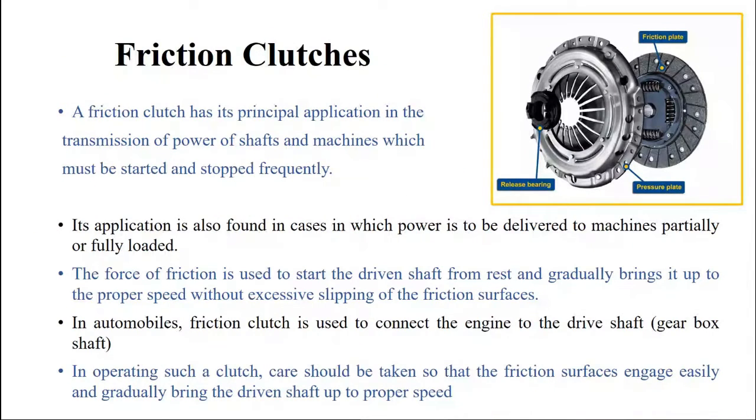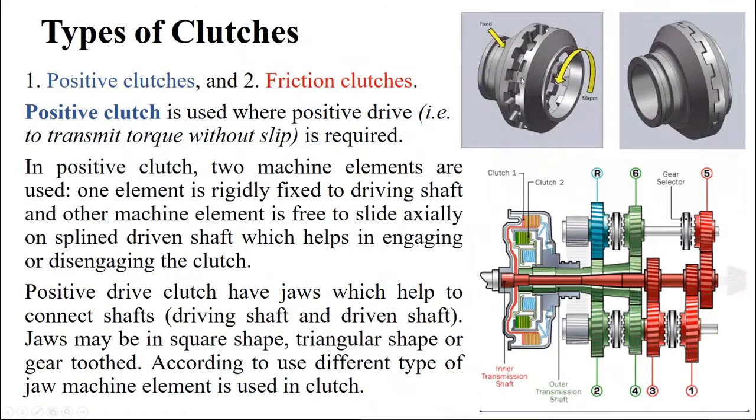So the arrangement, the working, you might have already studied during your BTech courses. So we can just roughly go through it again. Why are we not using dog clutch or positive clutch, and why are we using friction clutch? One basic disadvantage of dog clutch is that frequently we cannot engage and disengage, because in order to engage and disengage, the teeth have to perfectly align. Where there is depression, this extension portion should mesh. And where there is depression, the other extension portion from the other component should mesh.